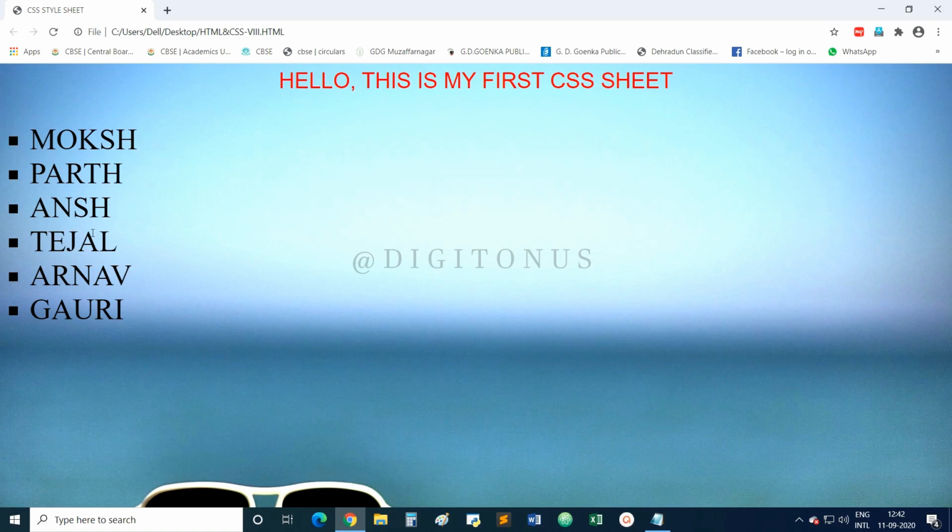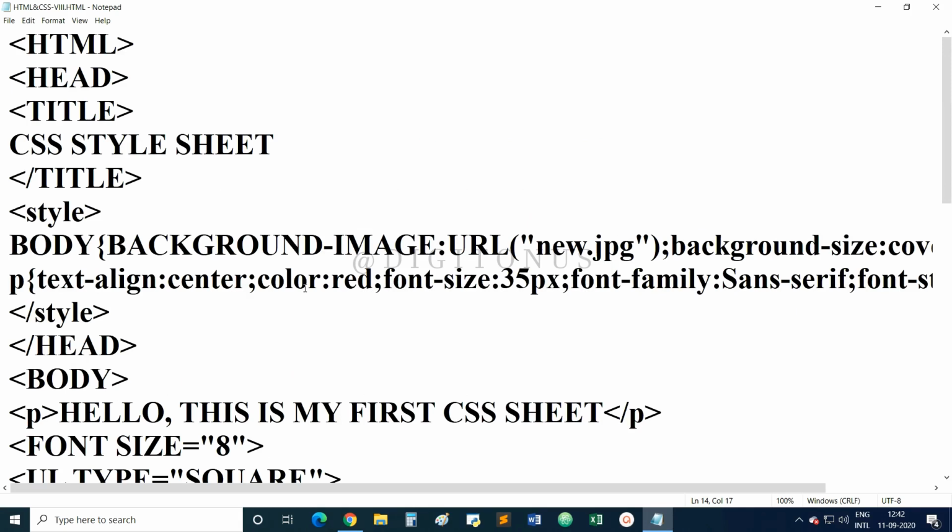Now suppose we want to change the text color of our list. So what we can do is go to the style sheet, like yesterday in our previous video we learned how to create a CSS style sheet.